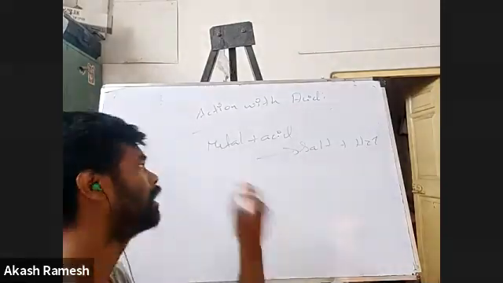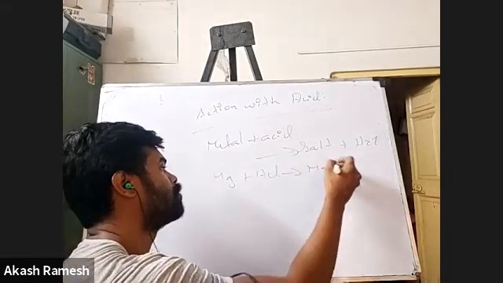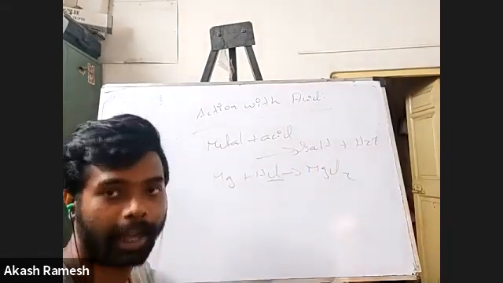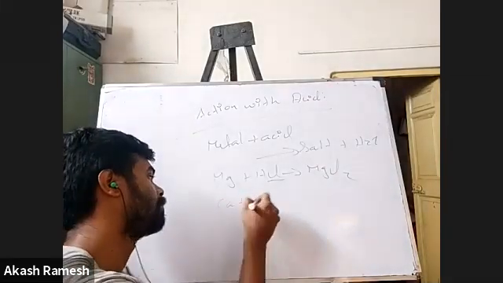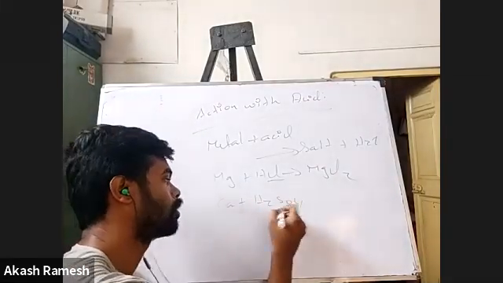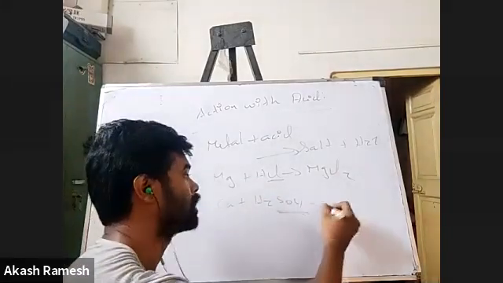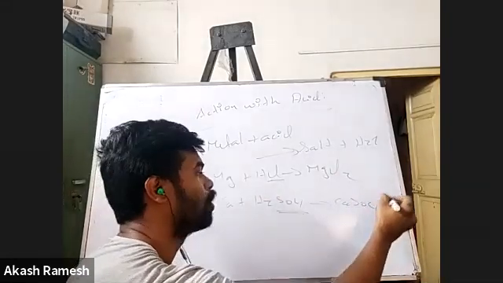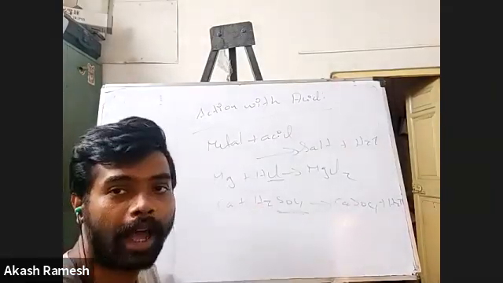For example, if I put magnesium with HCl, you are going to form MgCl2. The anion is chloride here. Again, hydrogen will come, obviously. Or say if I put calcium with H2SO4, the anion is sulfate anion. So in this case, you will form CaSO4 plus H2. Again, it is like a displacement reaction. The metal is replacing hydrogen from its acid.